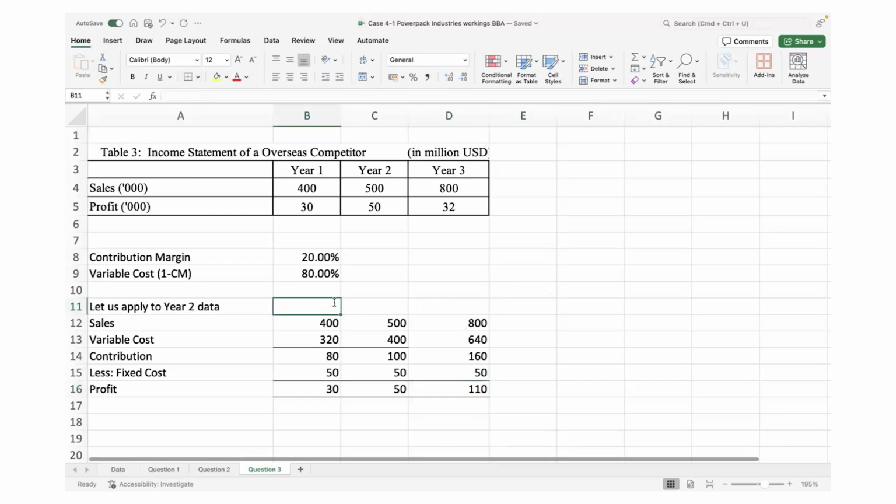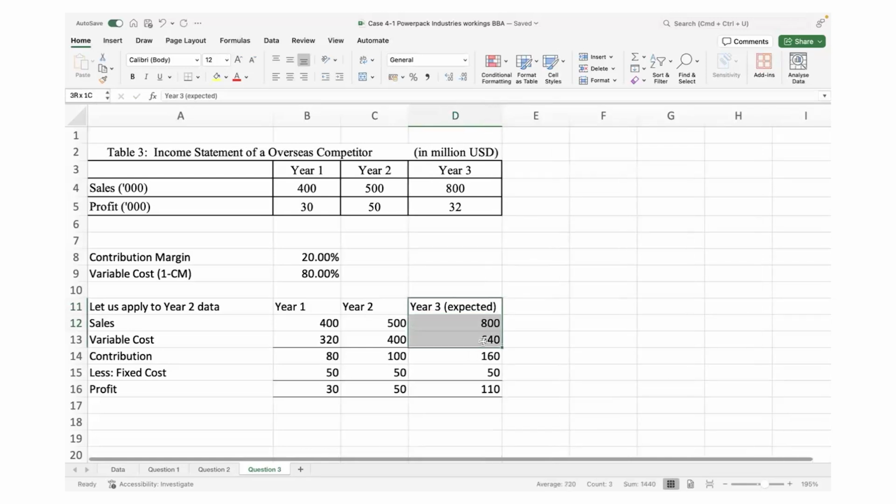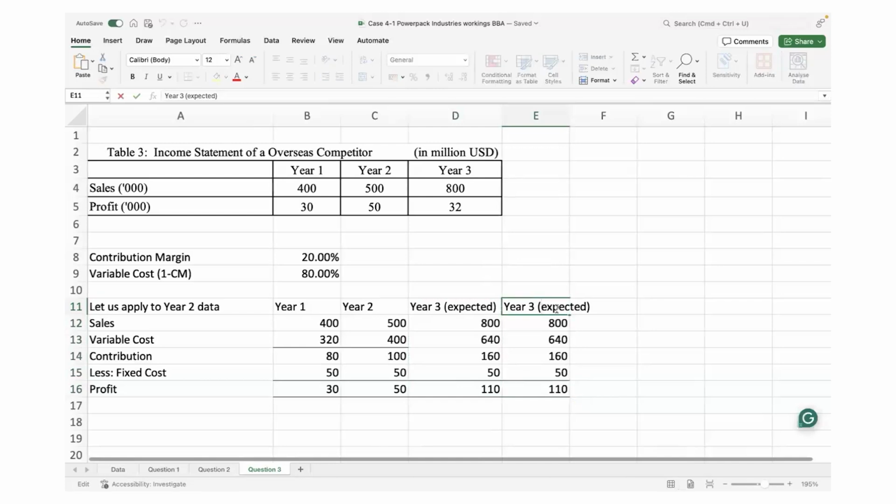So, this is year 1, year 2, year 3 expected. But what has happened, actual profits are different. Actual profit is 32, which means that it is 82, 640. So, the company is actually selling at